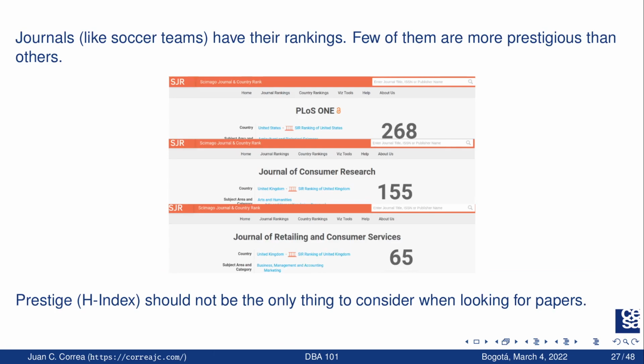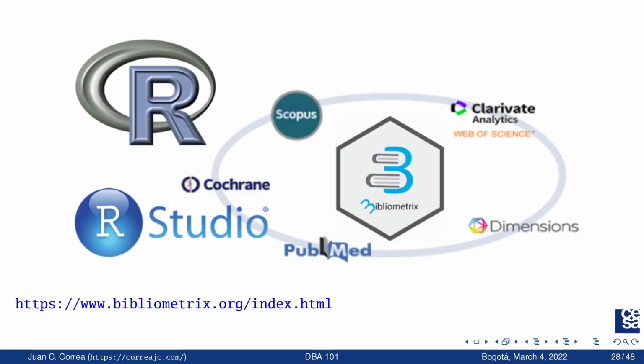So journals, like soccer teams, have their rankings. Few of them are more prestigious than others, but the most important thing to learn here is that prestige, as captured by the H index, should not be the only thing to consider when looking for papers. So we will learn our first technical tool that will help us in the goal of finding the most relevant